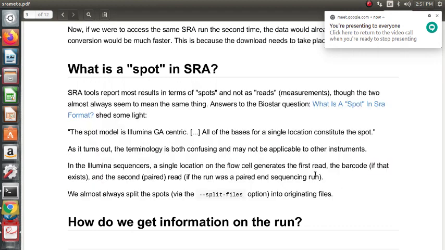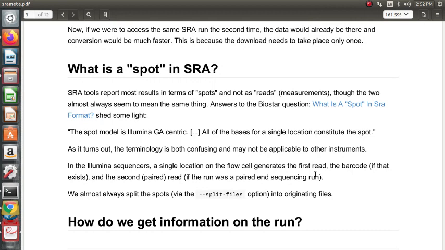The SRA tools report results in terms of spots and not as read measurements, though the two almost always seem to mean one and the same thing. Answer to the Biostars question, what is a spot in the SRA format? The spot model is Illumina GA centric.